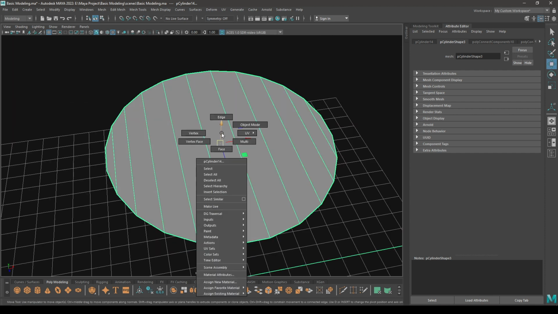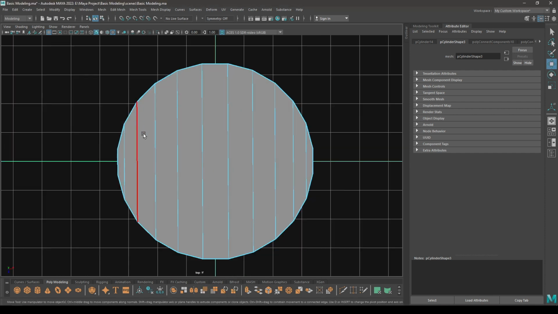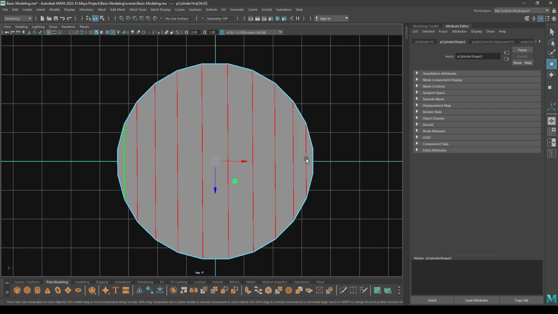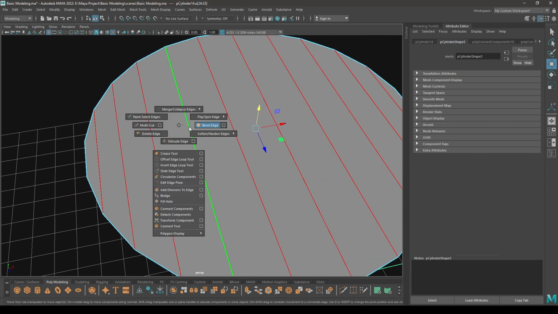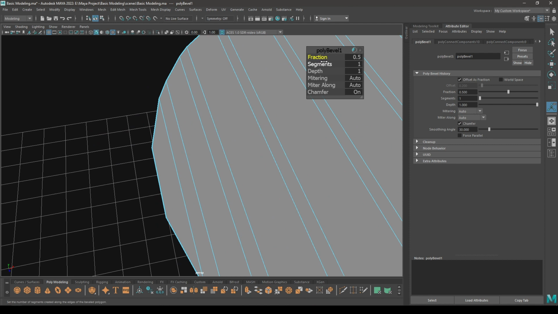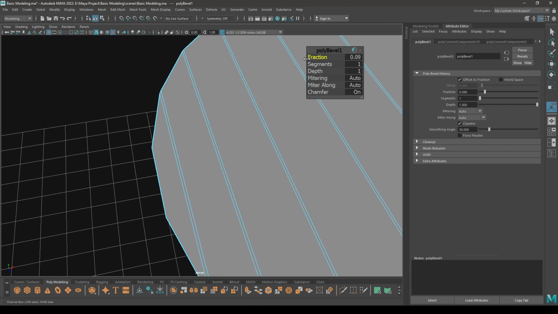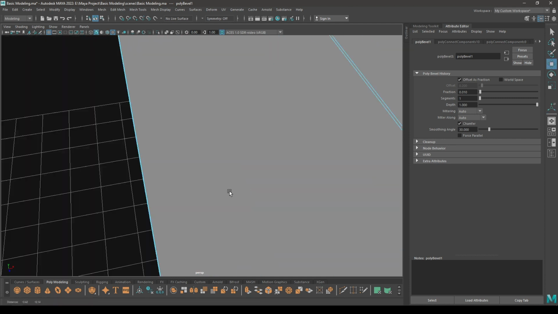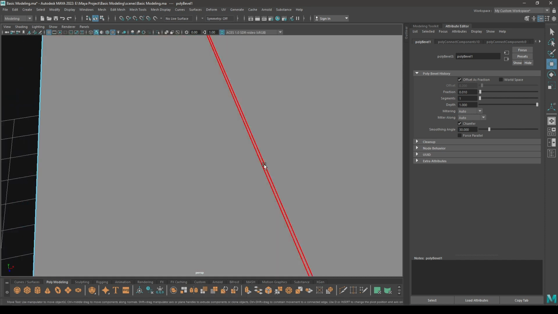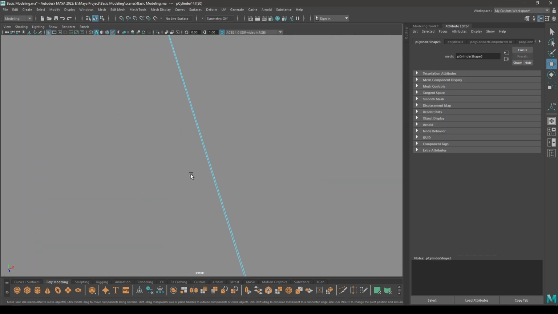Like this. Now go to edge mode and select all these edges, and we are going to bevel. Keep the fraction very little, like 0.01, and go to face mode, select these faces.